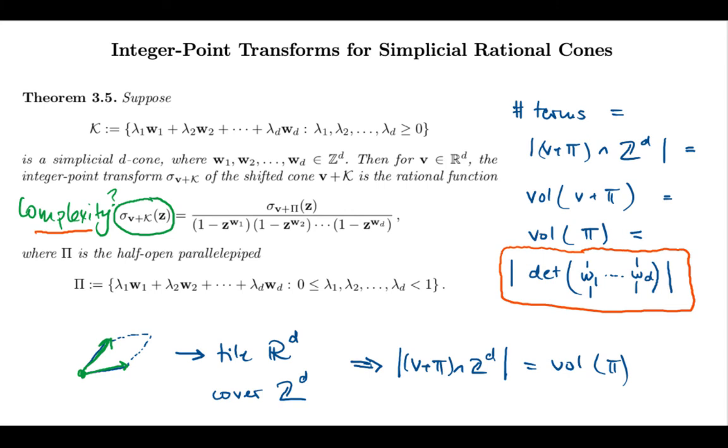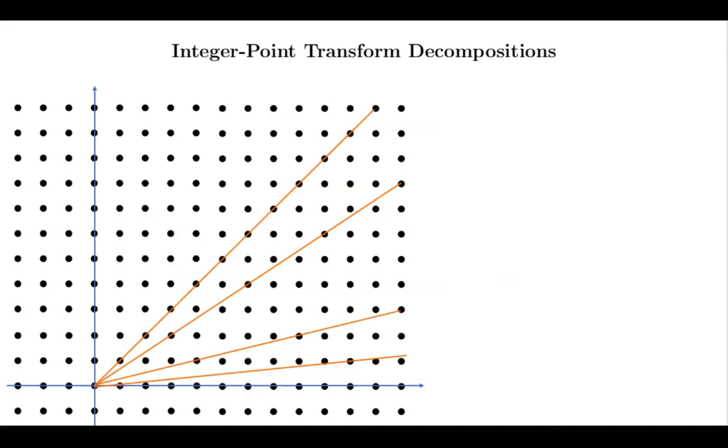Let me finish this video with a remark, and that is to give you an idea of why we're interested in shifting a rational cone by a quite possibly irrational vector. Again, it's important that the generators of my cones are still integer vectors, but the apex is a general vector with real entries. And this motivation comes from